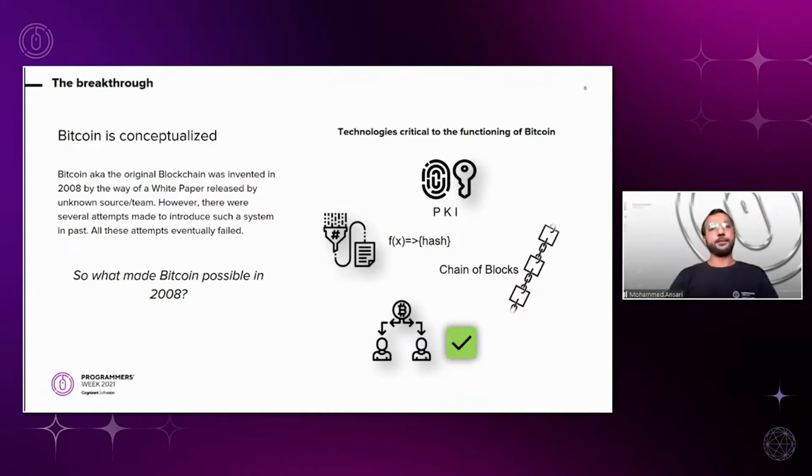So what is it that made Bitcoin possible in 2008? It is something that people fail to realize. It is basically the solution to a problem we call, in the blockchain landscape, the double spend problem. This is when the same money stored in a digital cash ledger is spent twice by a bad player. Bitcoin was the first system to solve this problem. In order to solve it, the innovation was the invention of mining, which is basically proof of work, the consensus algorithm that sits at the core of Bitcoin.